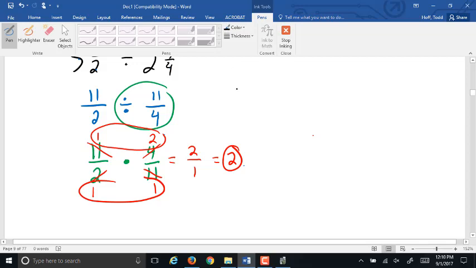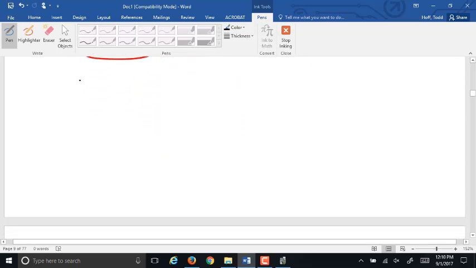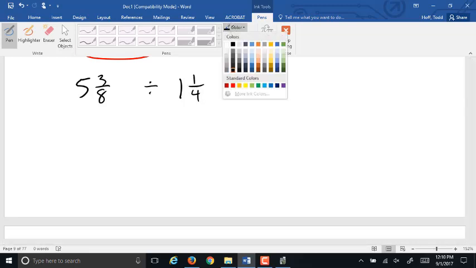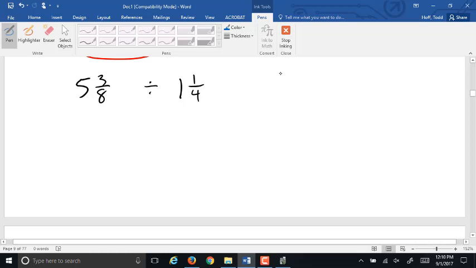Let's do one more example of that. Let's do 5 3/8 divided by 1 1/4. Tell me what to do. Make them improper, okay? 5 3/8 will be 43 over 8. Good. 1 1/4,